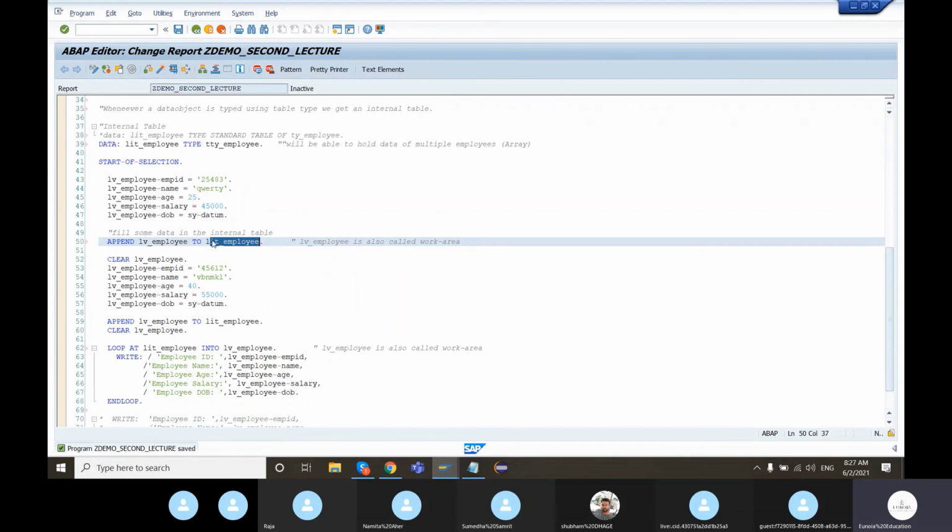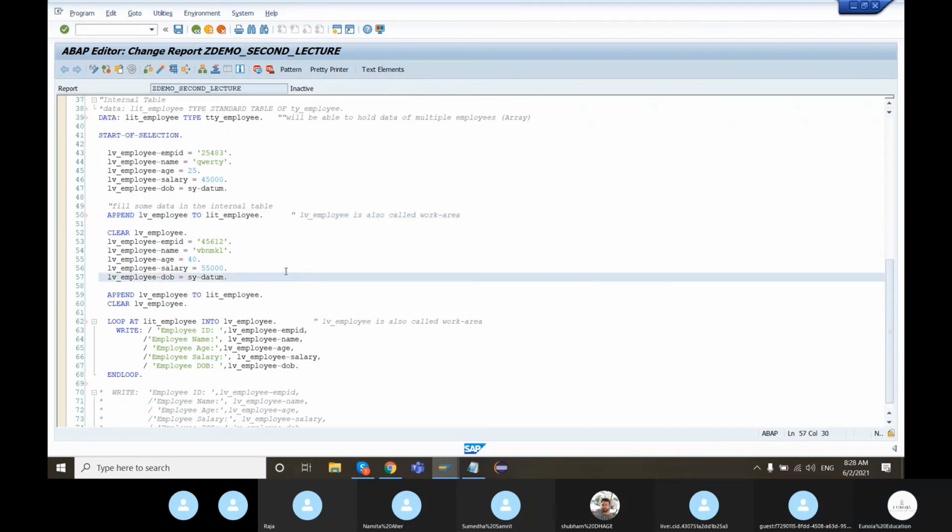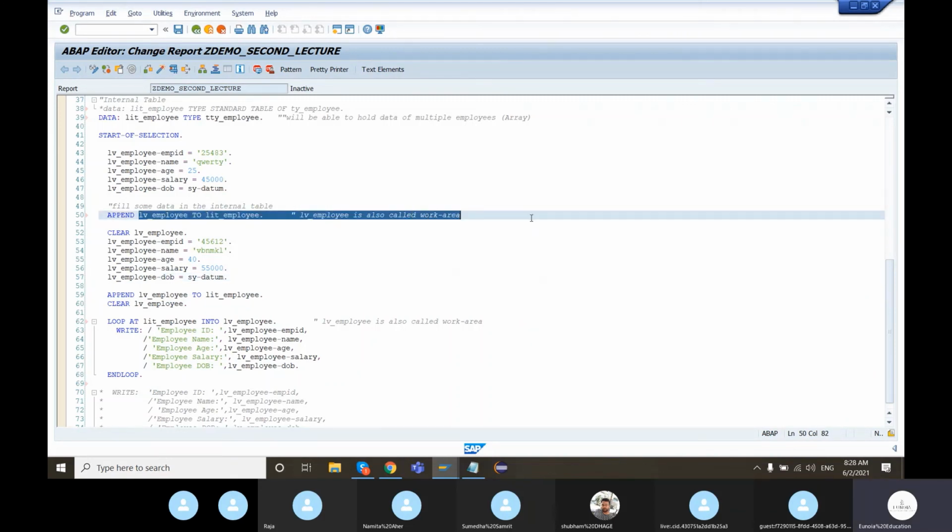Although this is a very simplistic view of how the data can be manipulated, there are multiple other statements by which the data in the internal table can also be manipulated. So we are trying to get into the basics of the internal table. What we have studied is how the structure variable or work area can be used to manipulate the internal table.